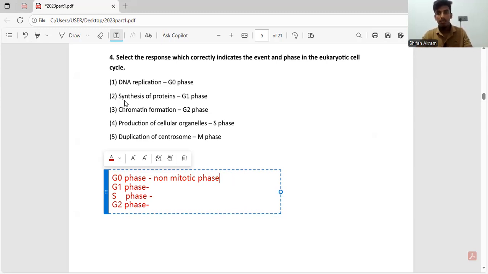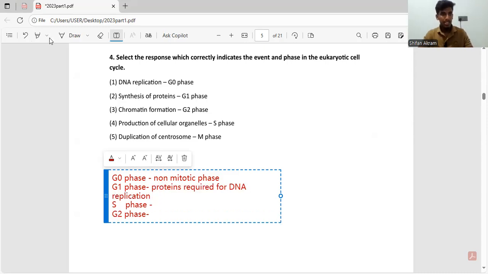And second statement, synthesis of proteins. Now, G1 phase is the first phase of the cell cycle, and second statement is correct because a lot of proteins are synthesized in the G1 phase. So what are these proteins? These are usually proteins that are required for DNA replication, right? So we know for mitotic division to occur, first the DNA should be replicated in the interphase. So all the proteins that are required for DNA replication, such as polymerase, helicase, primase, are all synthesized in the G1 phase. So I'll write it, proteins. So second statement is correct, and I highlight it.